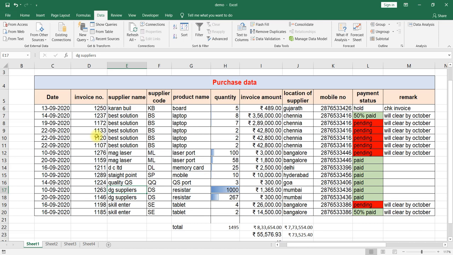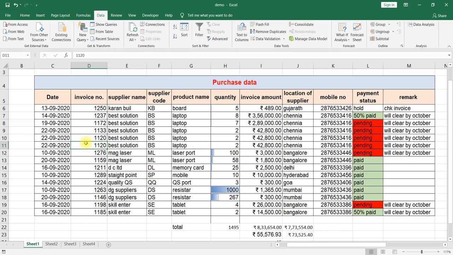If it is duplicated, for example, some entries are entered again and again, in that case we need to clean the data in such a way that we get the right information. For example, if I say this particular data, these two entries are the same. In that particular case, what I would like to do is delete one of the duplicate entries.